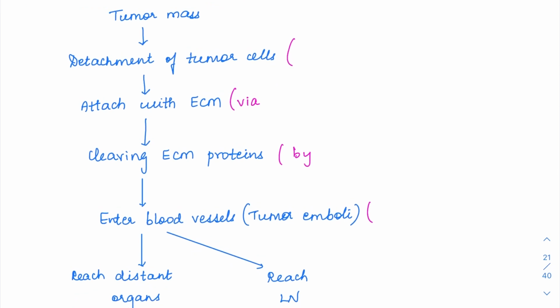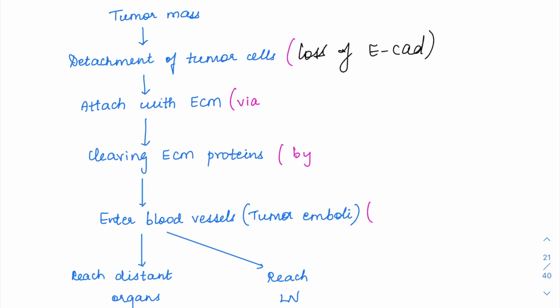Firstly, suppose this is the tumor mass. The individual cells have to detach from each other. Only then can these detached cells travel to a distant site, right? So for detachment, what is there? I already mentioned the cell adhesion molecule E-cadherin is the one which is holding the cells together. So with loss of E-cadherin, the cells can detach from one another. So the first step is detachment of tumor cells from the tumor mass, which is by the loss